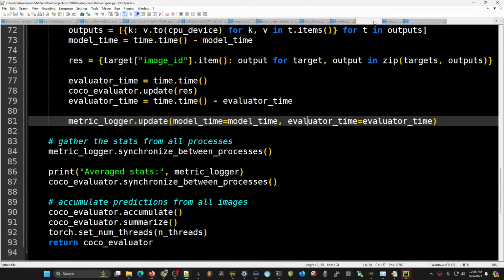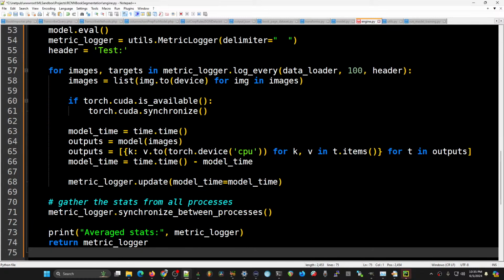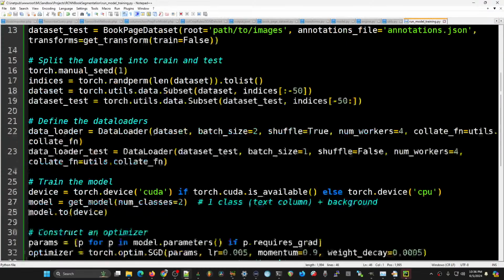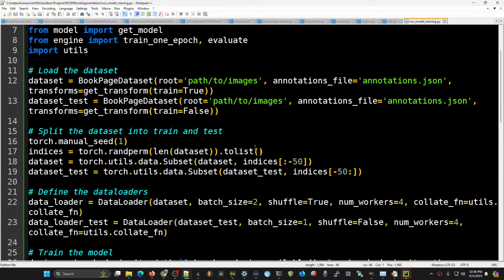All right, so let's see. This is my engine.py. Took some lines off. Then I have utils.py. And then train.py, which I'm calling run model training.py. Okay, so let's set up the